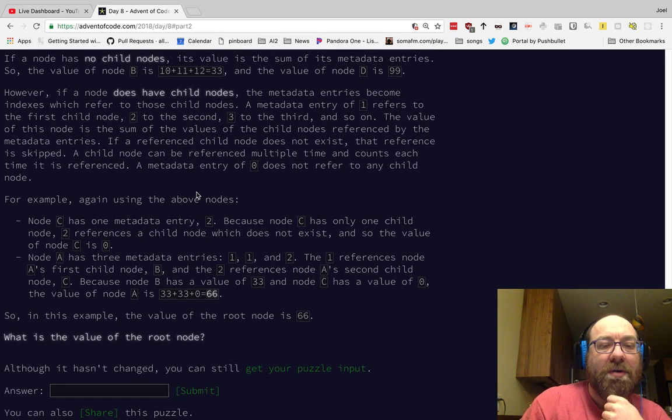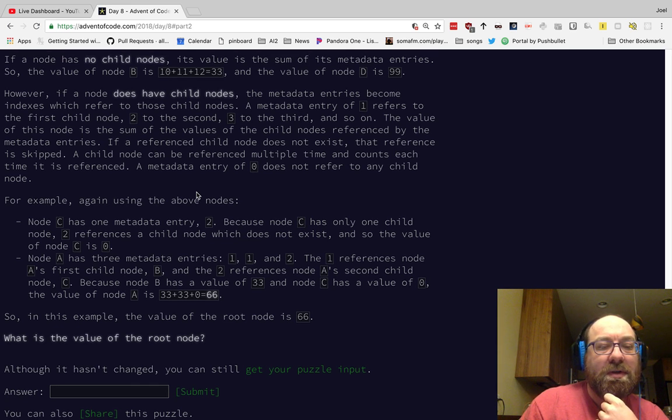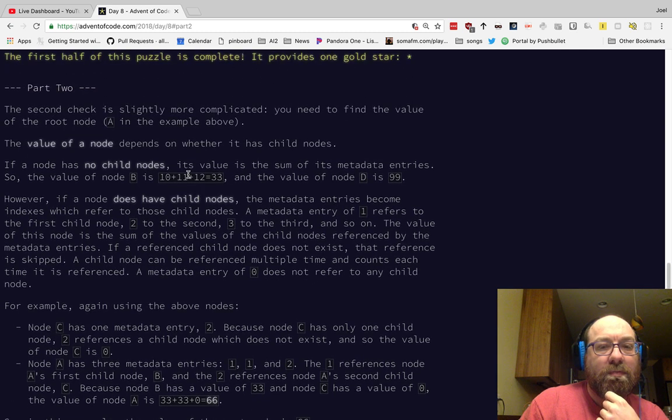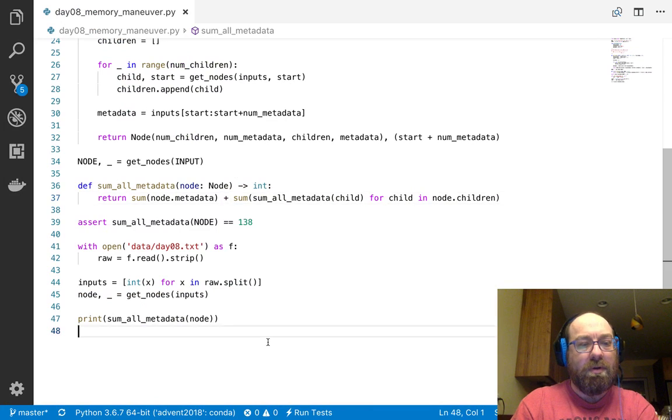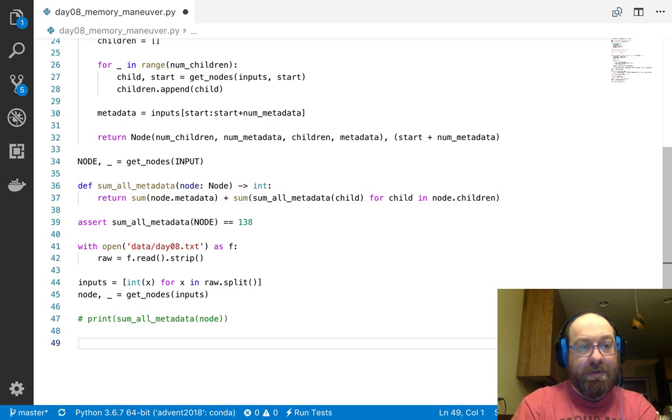Node C has one metadata entry, 2. Node C has no child 2, so it does not exist. Node A has 3 metadata entries. The 1 references the first child, 2 the second child, and so on, because B has a value of 33 and C has a value of 0. So if a node has no child nodes, okay. Okay, good. Now that we've built the nodes,